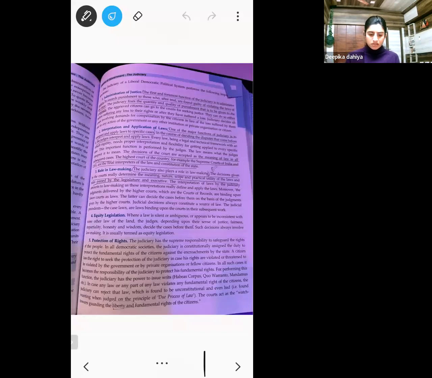They can refer to the preamble, and then interpret the article, and they may justify that reservation on the basis of caste is reasonable, because yes, our preamble is talking about equality,